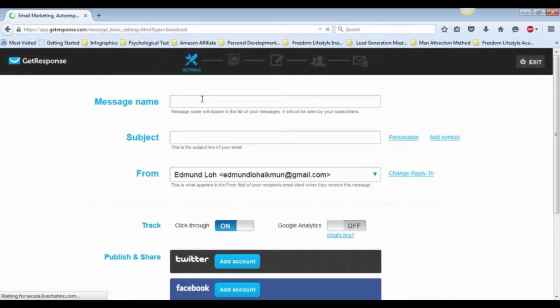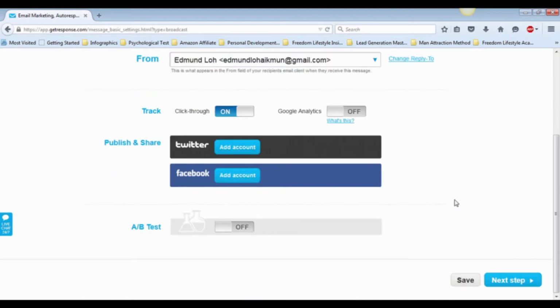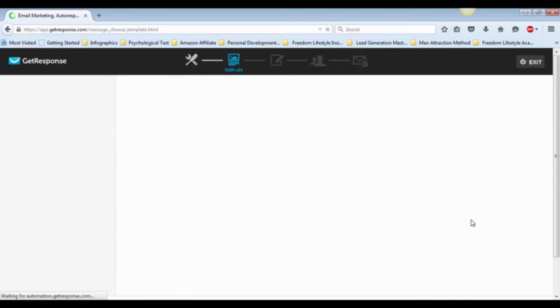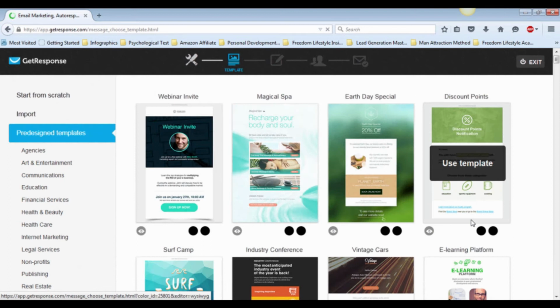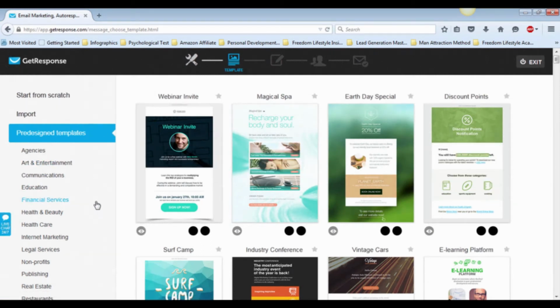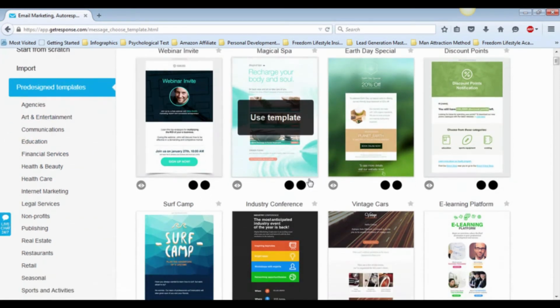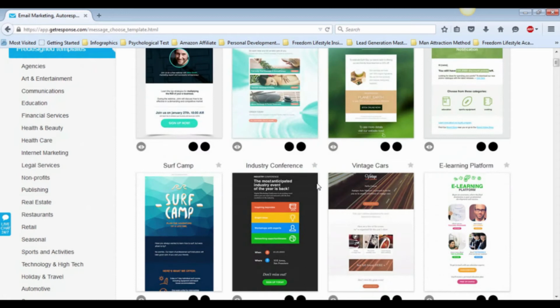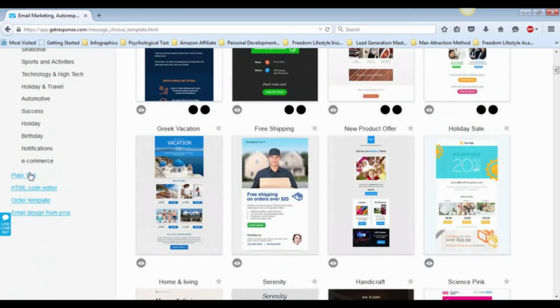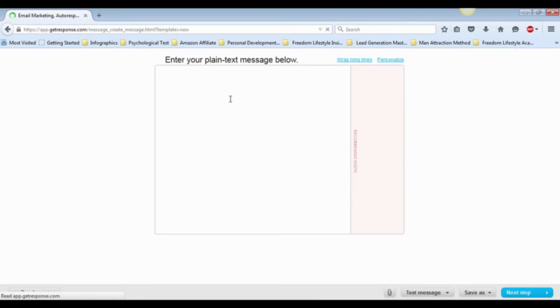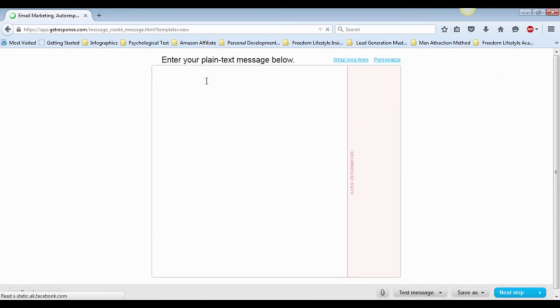First, type your message name and subject. For this example, I will just type "just a test email." Move on to the next step once you're done. And then, at the left-hand side of the page, you can see there are some pre-designed templates. But I will not recommend that you choose the complicated one because the chances that your email will be sent to spam are high if there are too many pictures in the email. So usually what I'll do is pick the plain text template and then enter your plain text message here